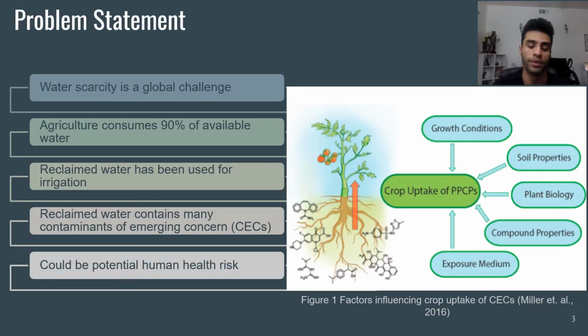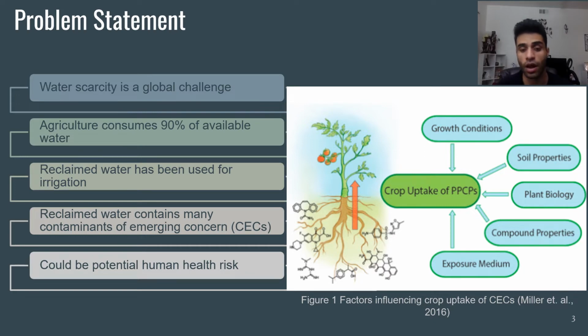Starting with the problem statement, basically, water scarcity is a global challenge, and with the increasing population, the demand for water is increasing every day. And about 90% of the available water is used for agriculture. And reclaimed water does give us a replacement for the fresh water, but the problem with the reclaimed water is